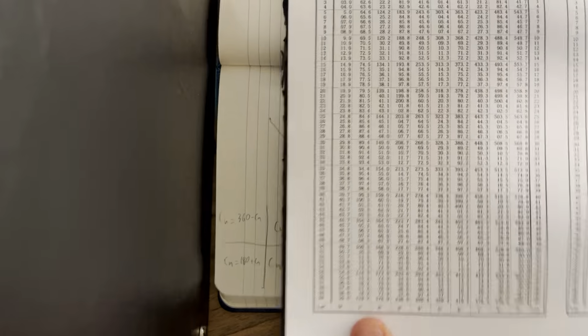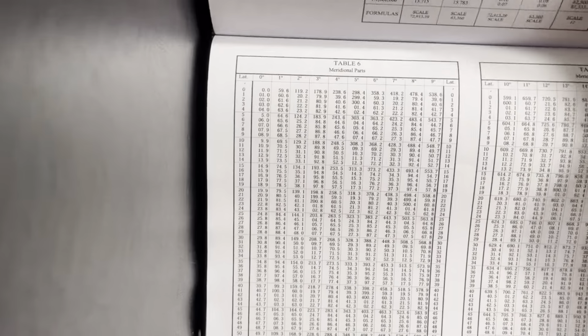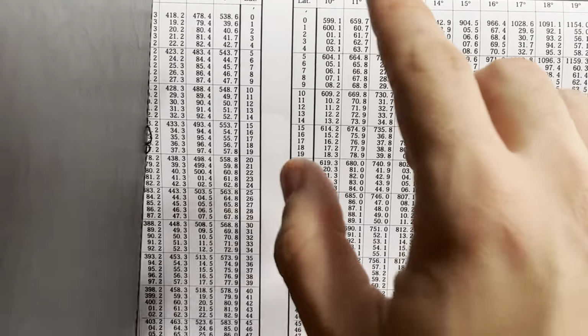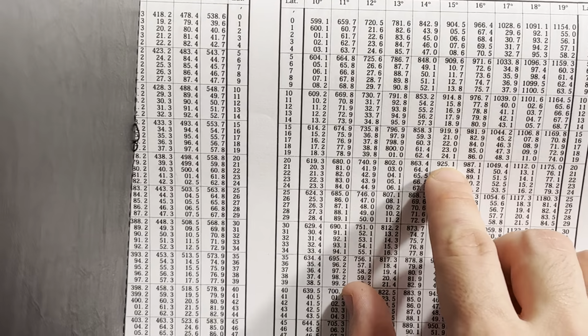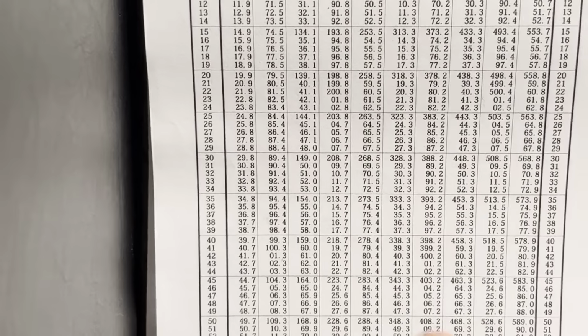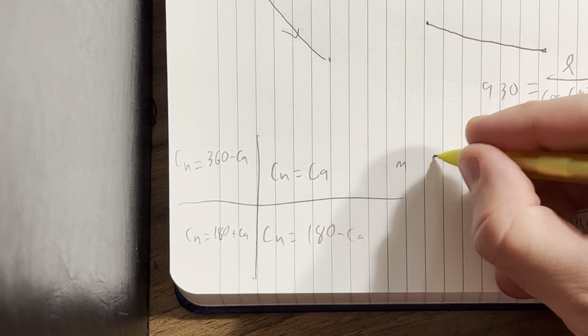So we come back and open it up to table 667 or table 6, whatever is true for your book. Here's meridional parts. First, we're going to find 15 degrees, 20 minutes. So that's over on this side. 15 degrees is this column. 20 minutes is right here. So you follow the column down: 925.1. So you come back to the paper and write for M 925.1